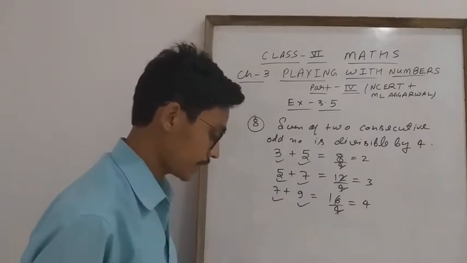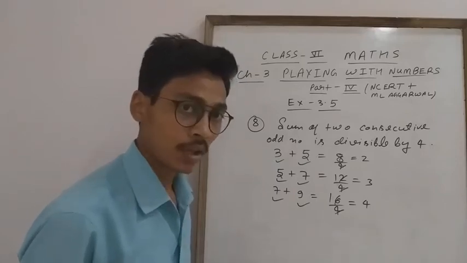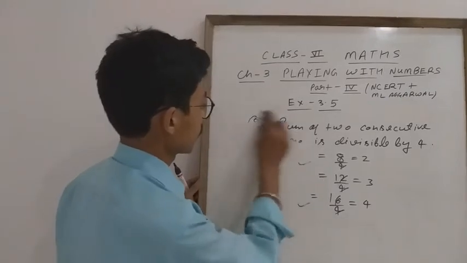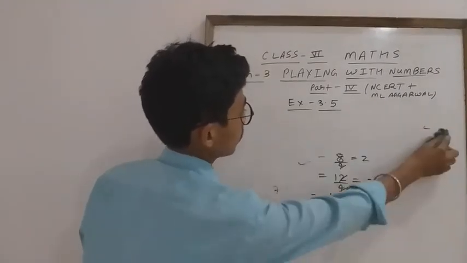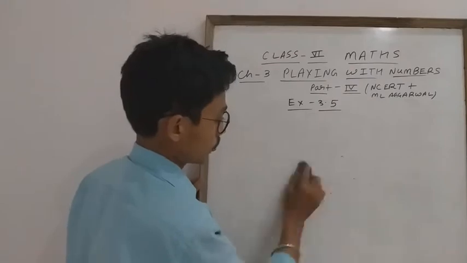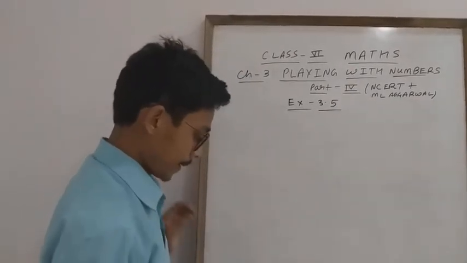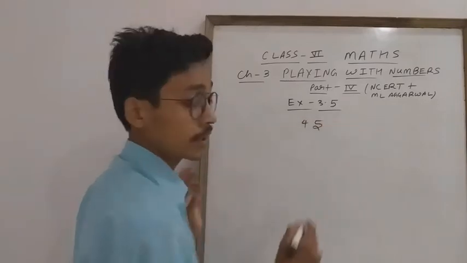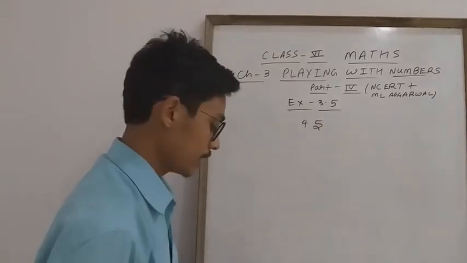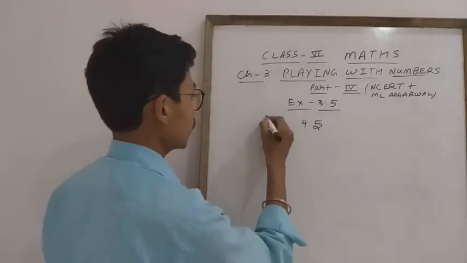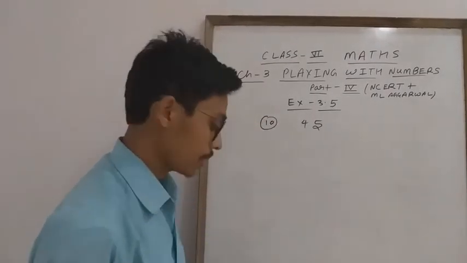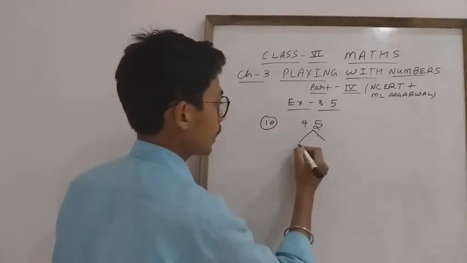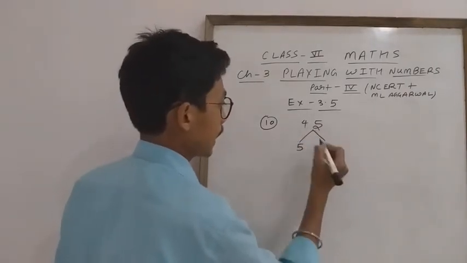Next, the 9th question is given, whether it is a prime factorization or not; you will do it yourself. But now I am going to do question number 12. The rest of the questions are easy. You will do all the questions, students. Question number 12 is given. If it is given to divide with the help of the test of divisibility, and question number 10, students, is 45: you have to check whether the number is divisible by 45 or not. So if 45 is given, we will check by 5 and 9.